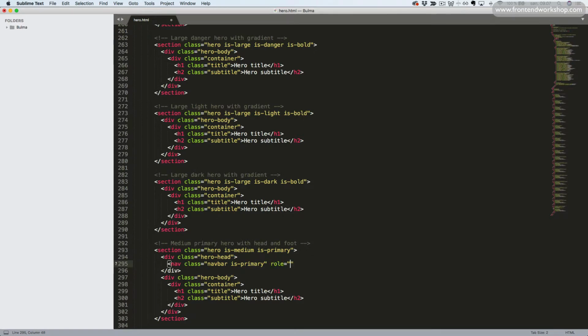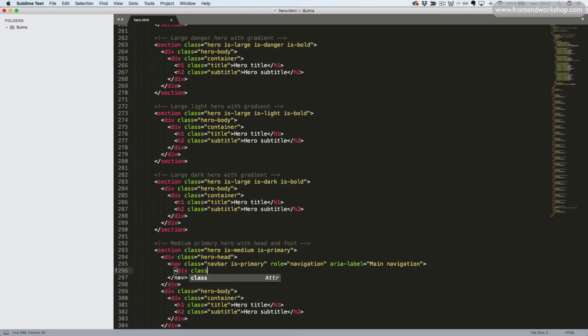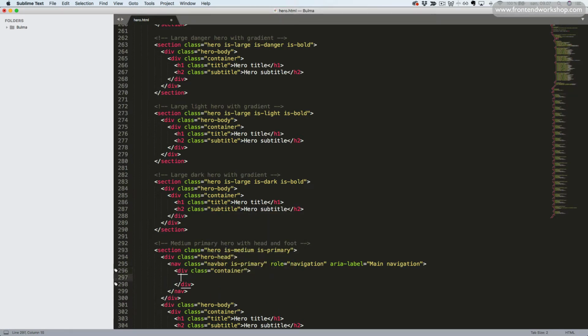For accessibility, we'll also add the role attribute with the value navigation and the aria-label attribute with the value main navigation. Inside of our navbar, we'll add a container to limit the width of the content and center it on the page. Then we'll add the navbar brand. So we add a div tag with the class navbar brand,